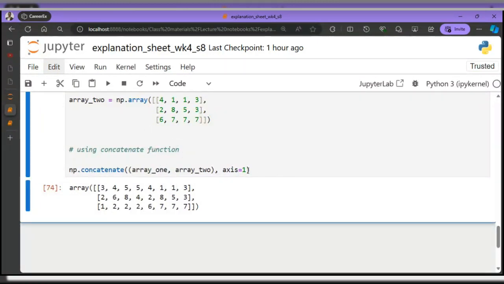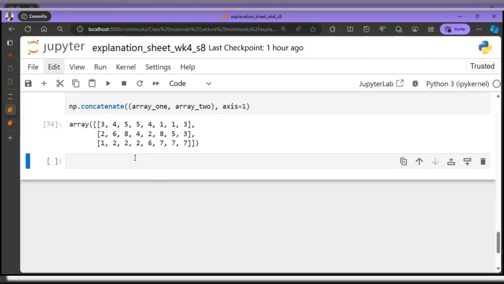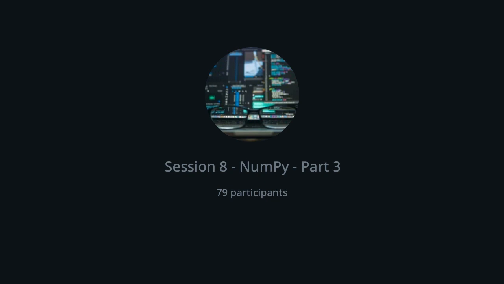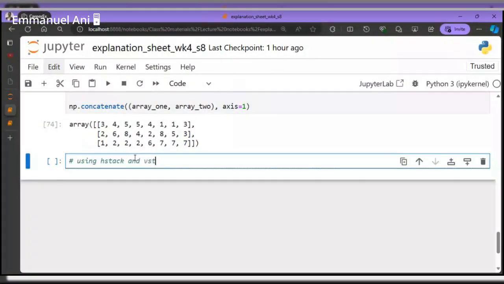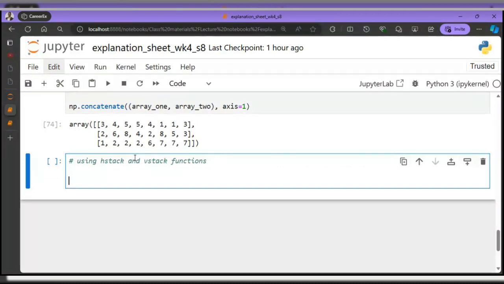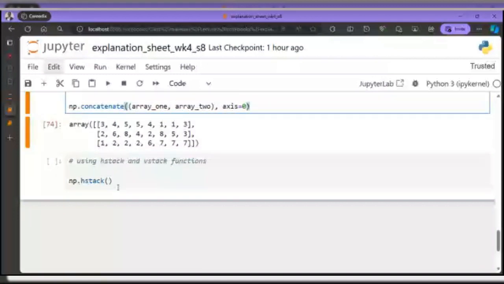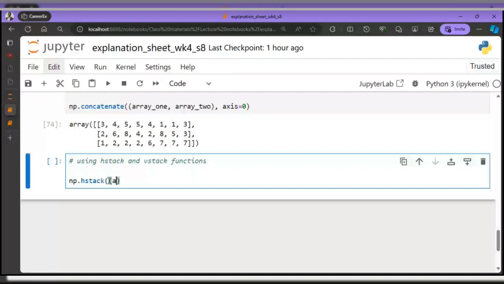We also have two other methods which you might not really use because this concatenate function can do it for you, right? But I'm still going to explain it regardless. So we have the hstack and vstack functions. We can use np.hstack, right? What this function does is that it concatenates the arrays horizontally. It does it like the concatenate function when axis is equal to 1. So if I come here and say array 1 and then array 2,